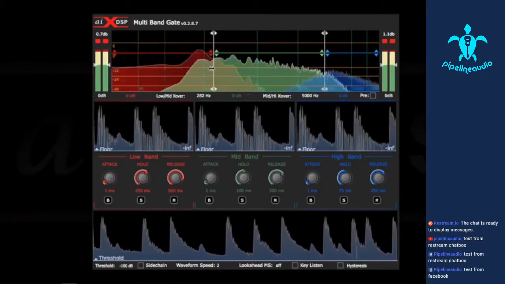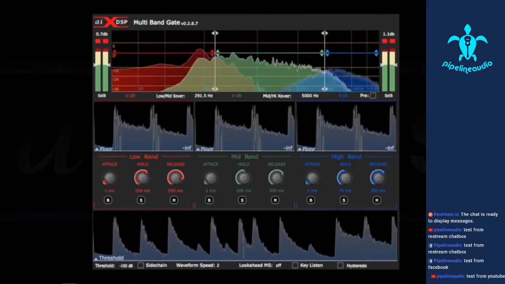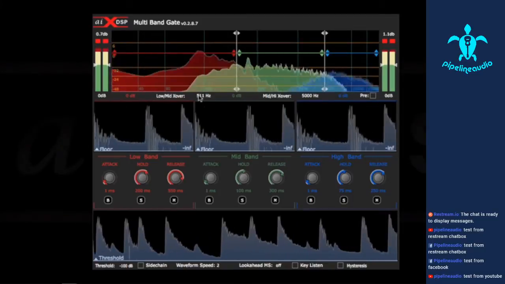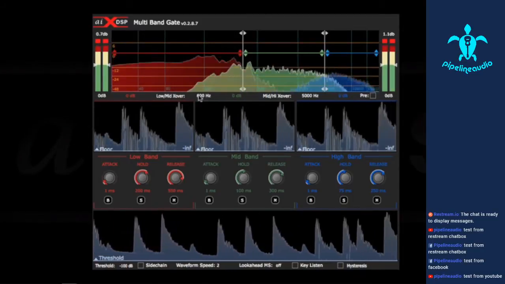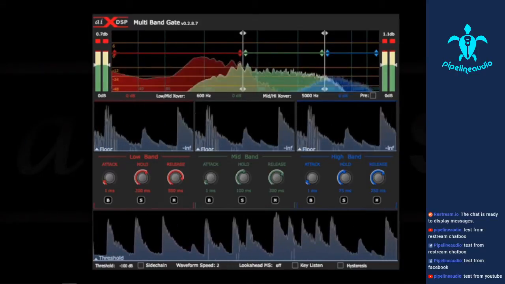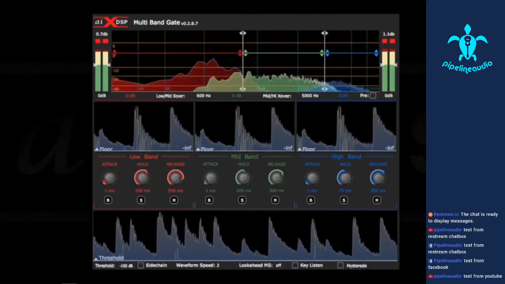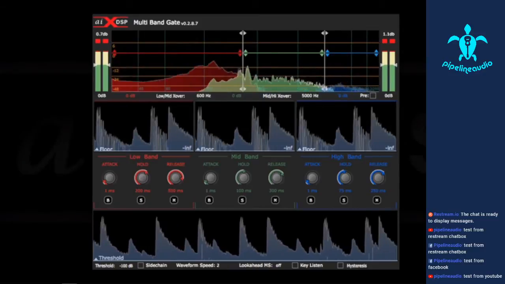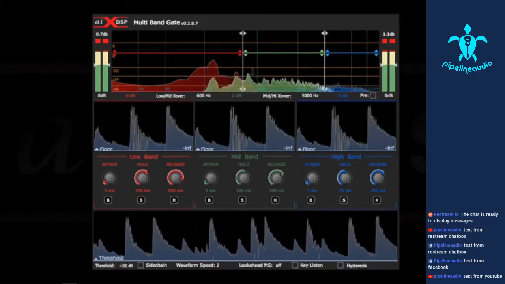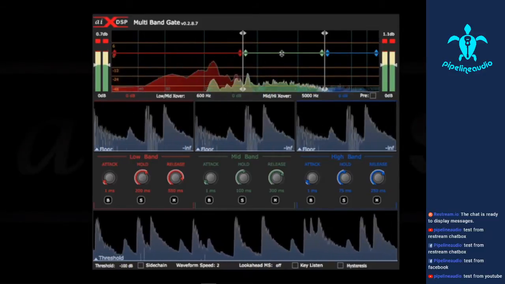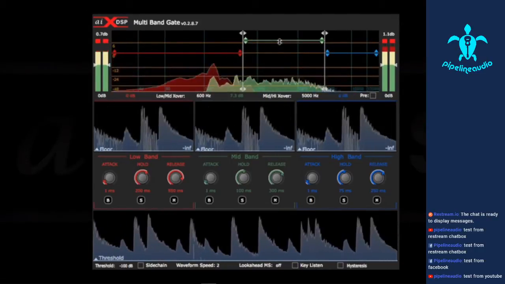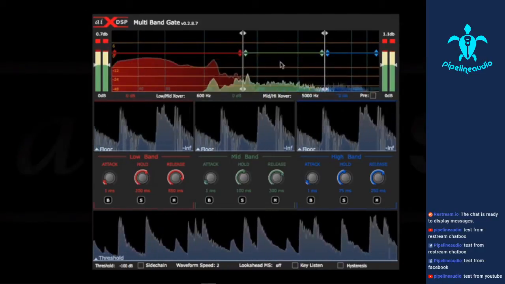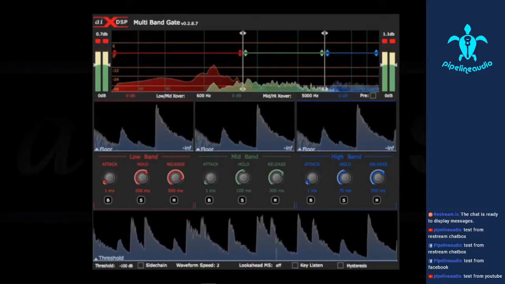You can set the crossover points by dragging them, or by entering the values directly. This section also includes a frequency analyzer, which can help us identify problems in certain frequencies. If a certain band is too loud or too quiet, we can adjust this by raising or lowering the output of that band. These controls directly feed the output and do not impact the signal level being fed into the